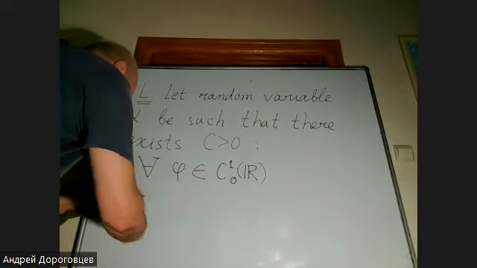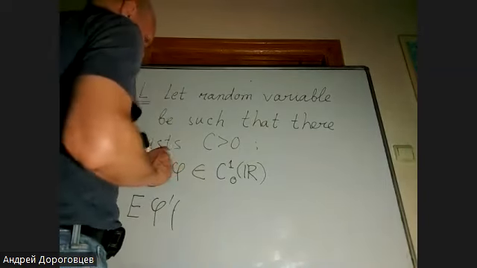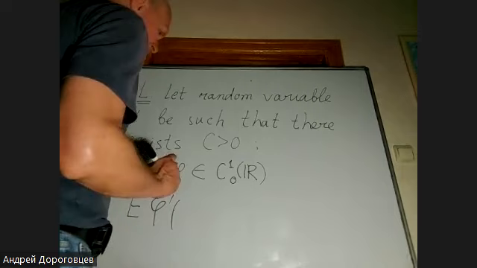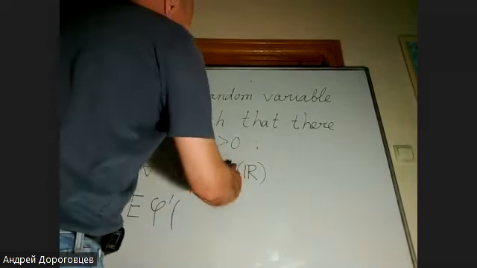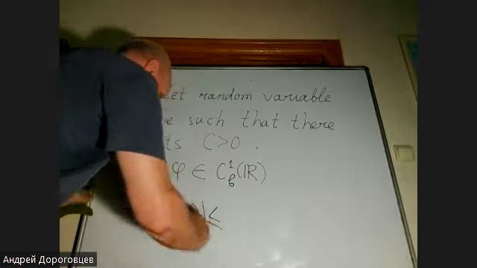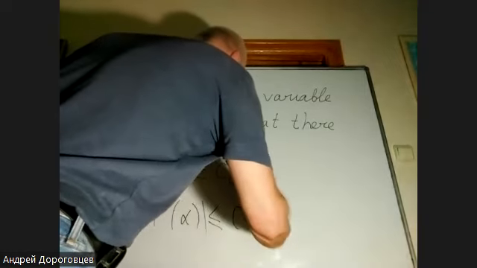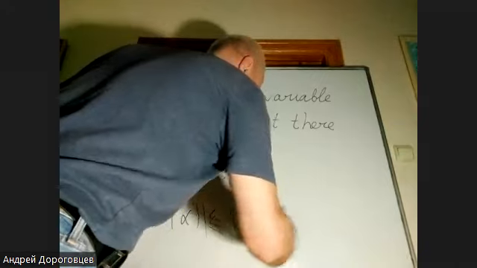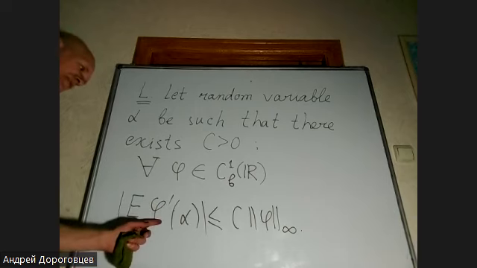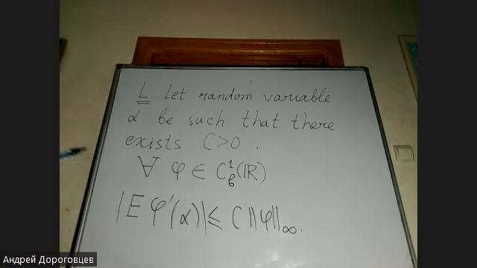The expectation of phi prime of alpha is bounded. Please correct this. Phi prime of alpha is less than c, and here we have the uniform norm of phi. I just take the expectation of the derivative of such a function and introduce a universal constant. Then